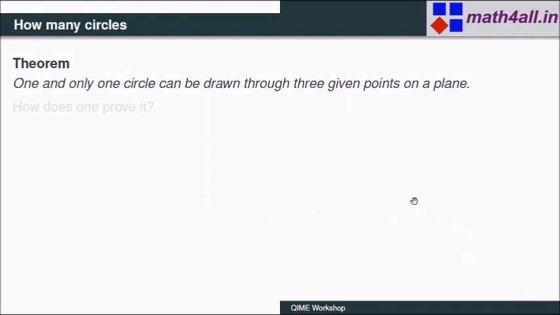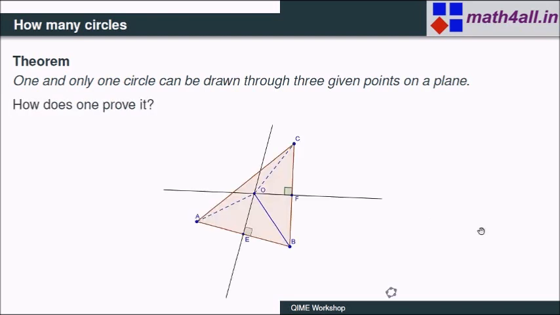The question is, how do you prove such a theorem mathematically? So here is something in triangles that should come to your mind. If you want a circle passing through these 3 points, they form a triangle. And if you want a circle passing through the vertices of the triangle, you know what is to be done, right? There is the concept of,